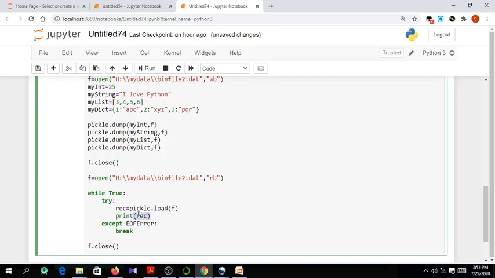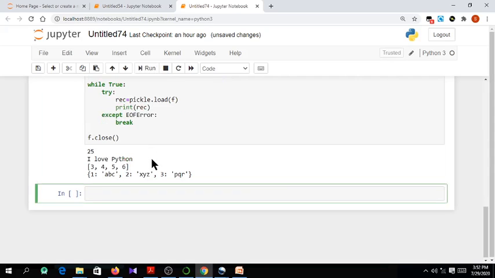But when you try to load the data for the 5th time, because the file has ended, we will generate an end of file error. In that case, the try will push the control to the except block, and here I have written break. Whenever there is no more record to read, it will automatically come to except and break the infinite loop. Until there are some records or objects, it will keep on printing 1 2 3 4 and however many objects there are. Whenever all the objects are over and there is nothing to load in that file, it will come to the except block and break the infinite loop, so that we come out of the loop.